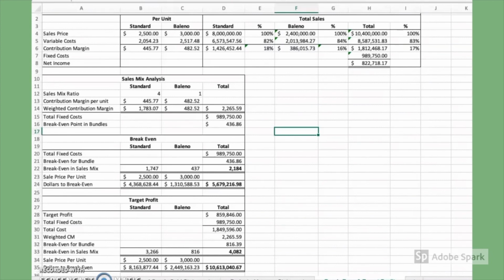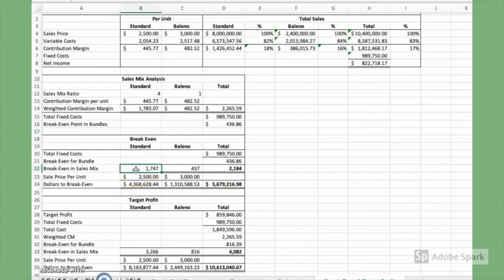Then you can see that we have total fixed costs of $989,750. If you divide this $989,000 by our weighted contribution margin, you then get our break-even point in bundles, which is 436.86. So now you can see that we move down here to our break-even numbers. We start with our total fixed costs and our break-even amount in bundles. Then what we did was we multiplied these out by our sales mix ratio, which was the 4 and 1. So you can see that we now have